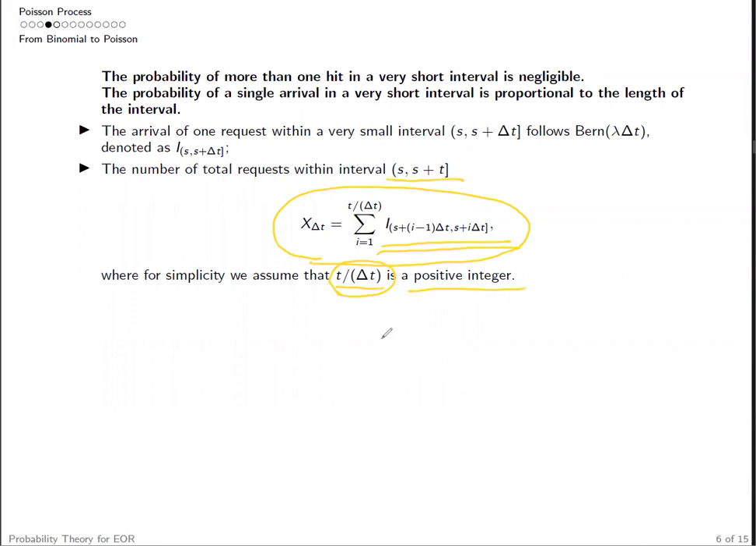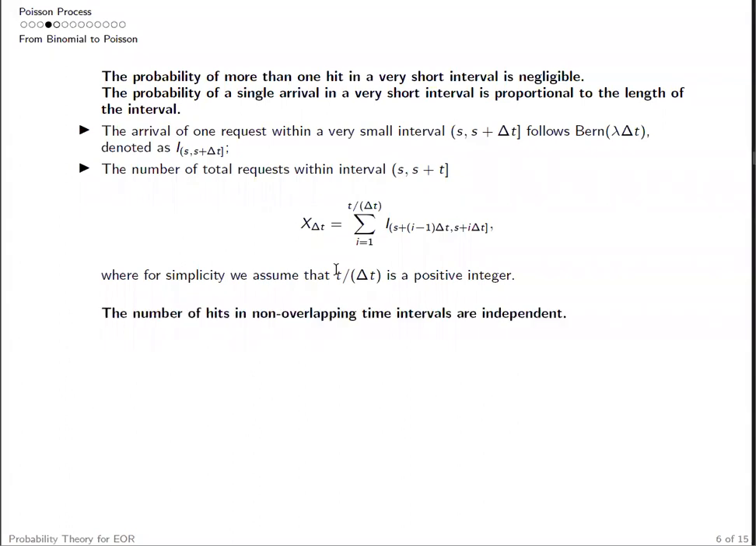Now we can think about the second assumption we want to work on. What do you observe about those indicator functions? You can pause the video here and try to infer what we can get for those indicator functions. Look at those time intervals. Well, they are non-overlapping time intervals. And based on the second assumption, the number of hits in non-overlapping time intervals are independent. We know those are independent Bernoulli